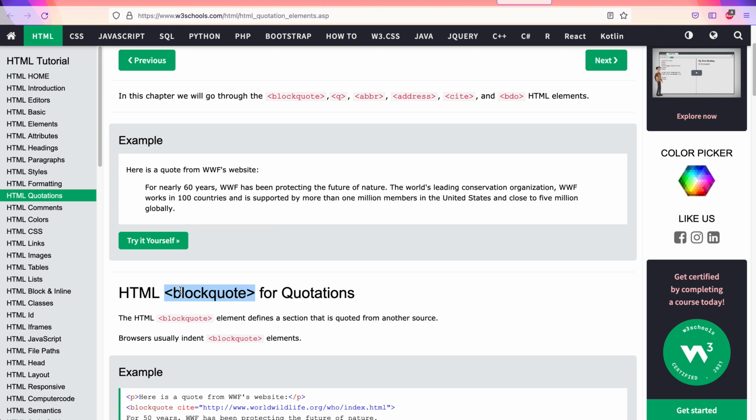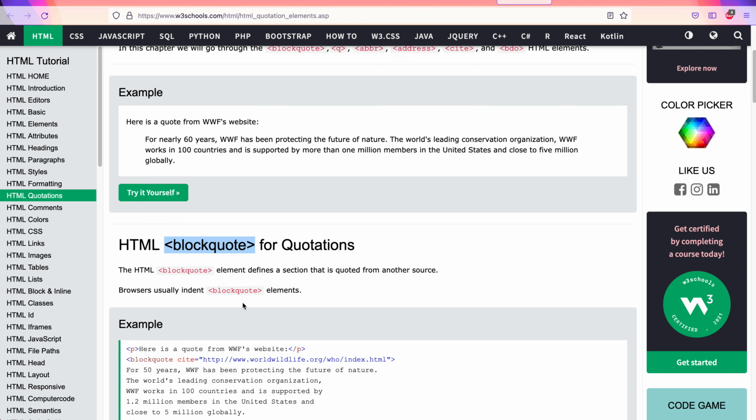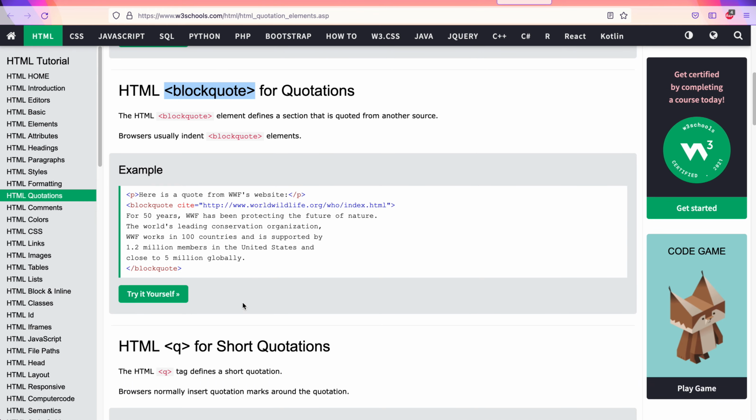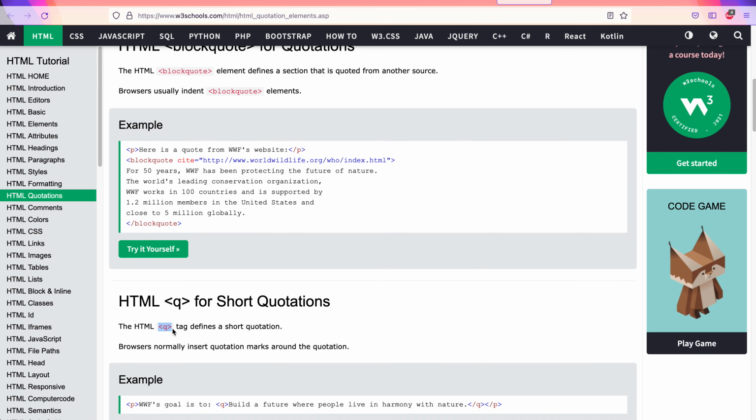So this is a pair tag, therefore whatever text is there between the beginning block quote and the ending block quote tags is displayed with an indent, which is essentially the browser's way of saying this is a block quotation. Now there is a simple quotation also, a short quotation. There is a Q tag for it. Now how does this get displayed? This just gets typically displayed only with punctuation marks. Okay, so these are quotations.